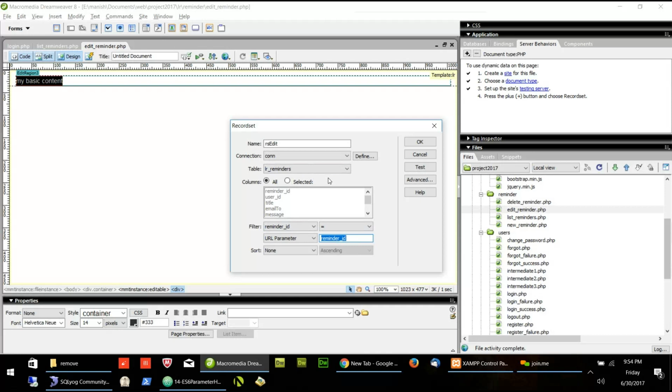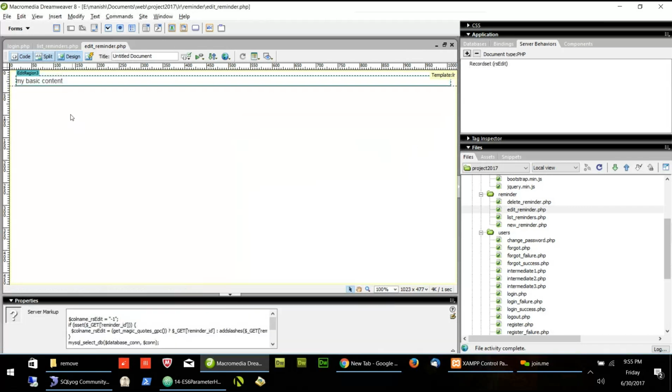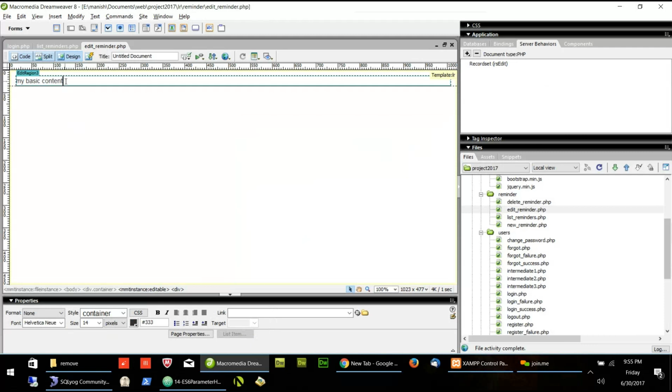Do you remember the edit part which we did in the basics? Have you practiced the edit part in the basics? Yes. So how do we do it? We first create an RS edit. We choose the record which we want to edit. So here I am choosing the record which I want to edit. Is this part clear how I am choosing it? Yes. Okay, so let's press OK, and then I will create a form which the user will fill.